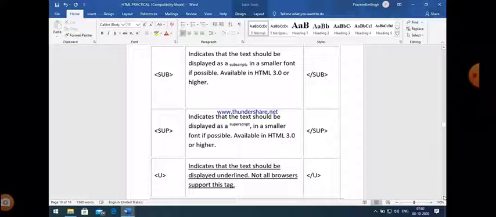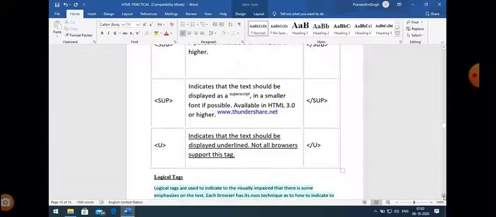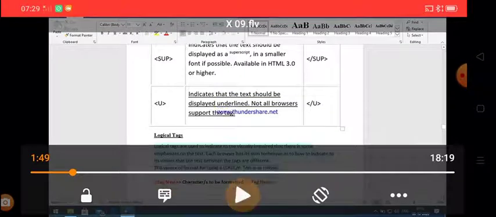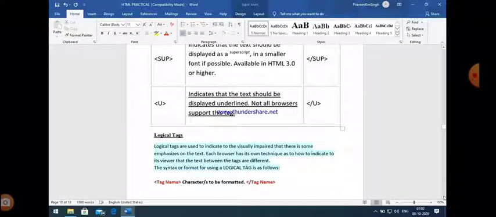Next is SUP, which represents superscript, that indicates the text should be displayed in a smaller font raised above the line if possible, and it is also available in 3.0 or higher. And another is U, which represents underlined text, and not all browsers support the underline. So basically this indicates that the text should be displayed underlined. So these are some physical tags.